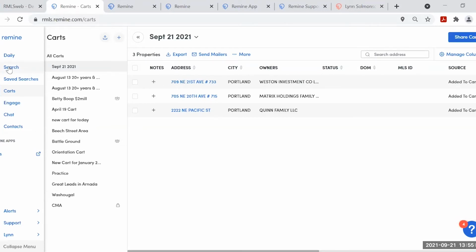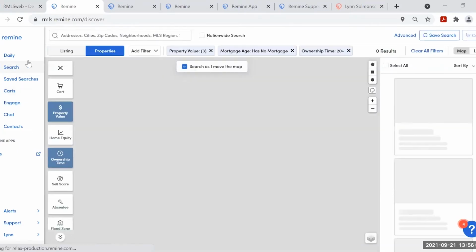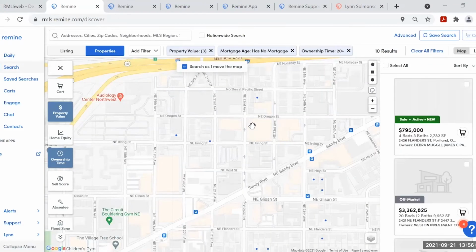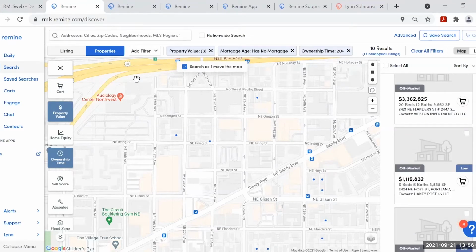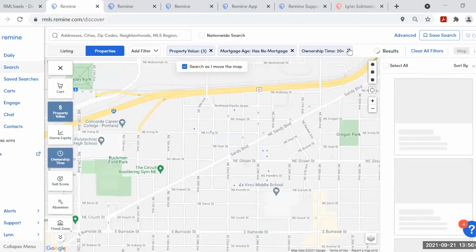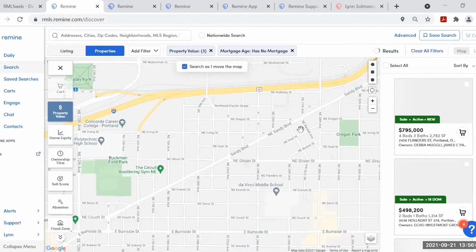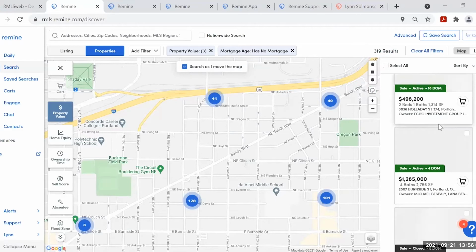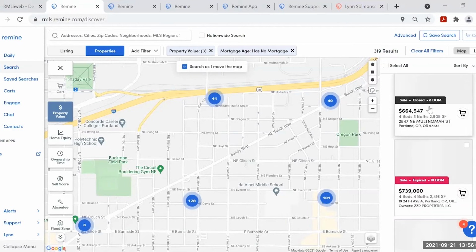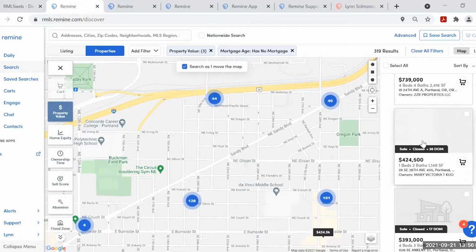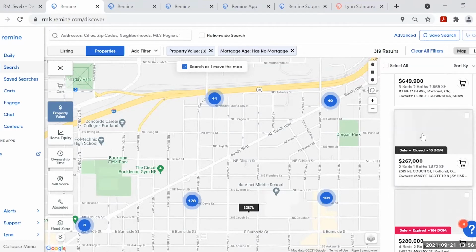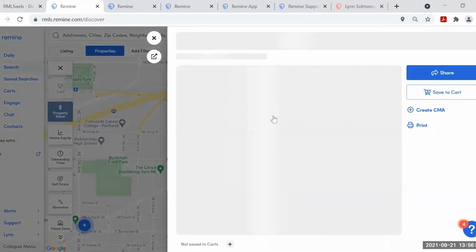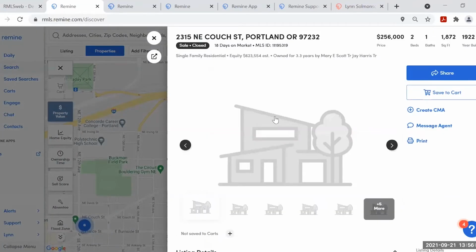Okay, I'm going to go back up to search. Okay, and let me take off one of those filters here. So, okay, and I'm just going to find one that is not currently active.